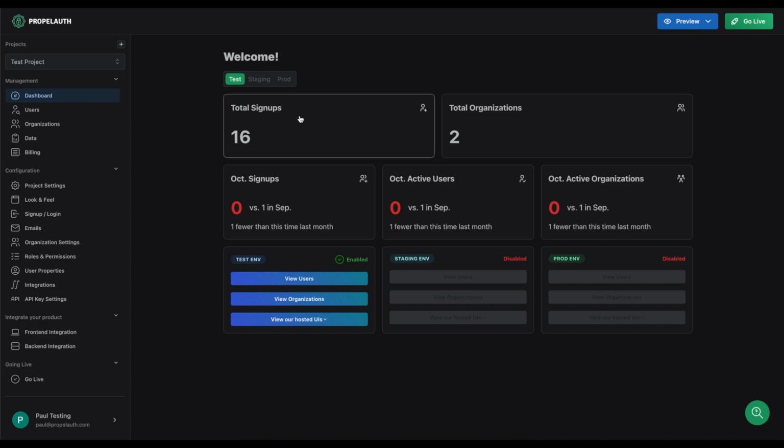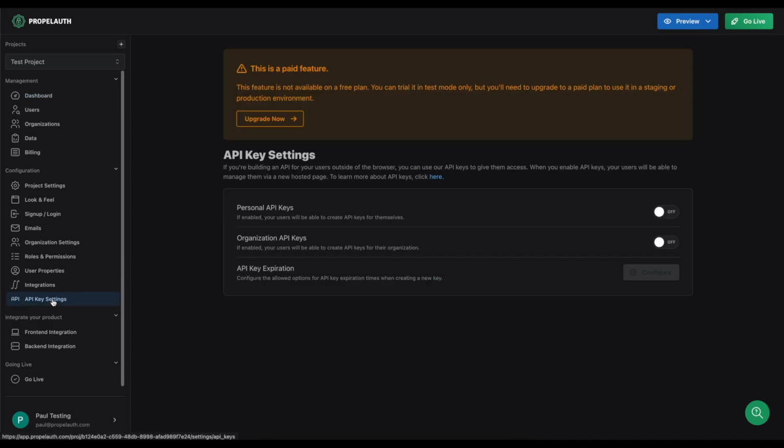Let's start by heading over to the API key settings page. Here we have the ability to enable and disable personal API keys as well as organization API keys. Personal API keys are tied to your user's account and meant to be used by just that one user. If you enable this setting, every user in your application will have the ability to create and use personal API